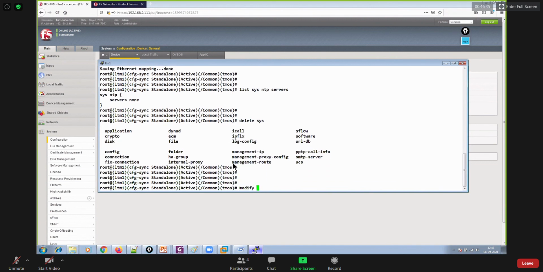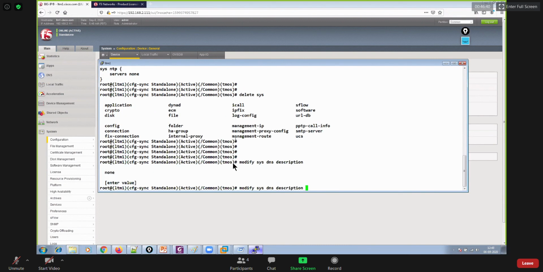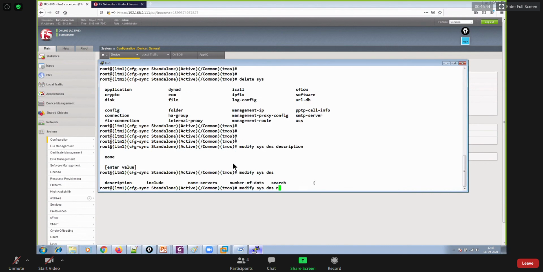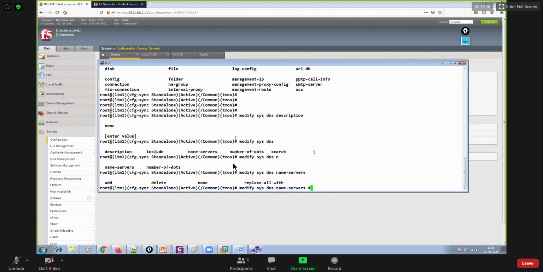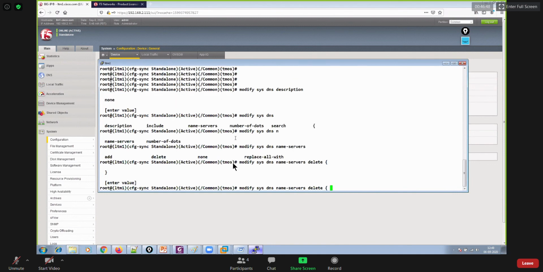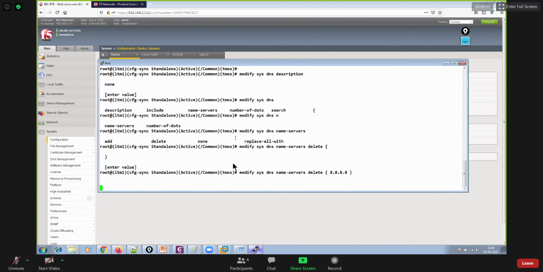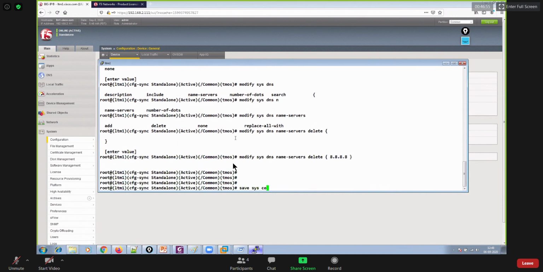You could just say modify sys dns, delete dns name-servers, and then delete whatever you want. Like this. Save sys config.